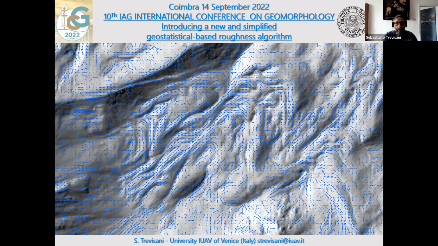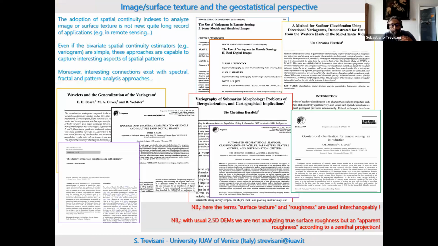Okay, so I worked a lot in the context of geomorphometry from a geostatistical perspective. From the beginning, I tried to analyze what is generally referred to as surface roughness with a geostatistical approach, essentially using spatial variability indices, like, for example,